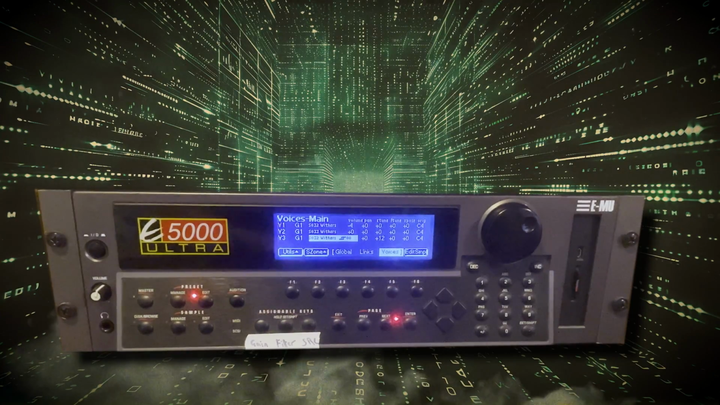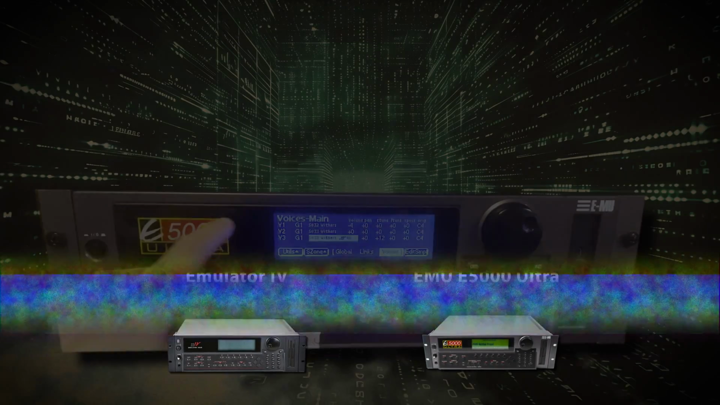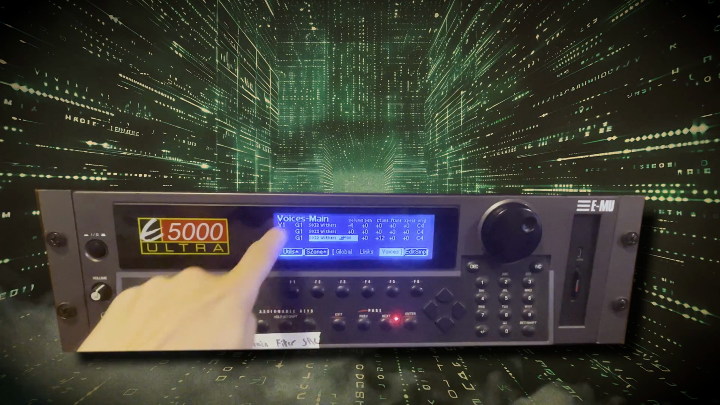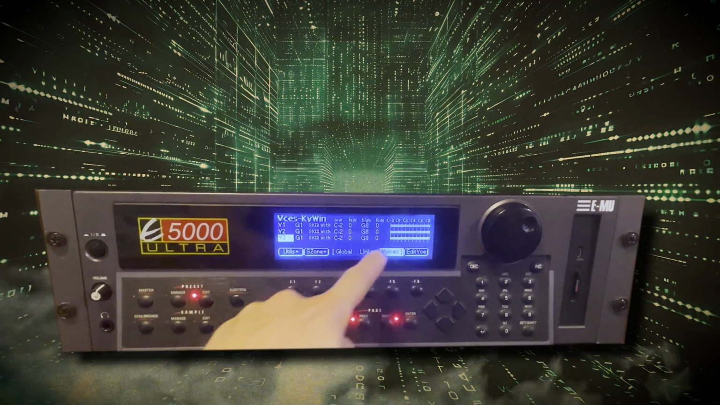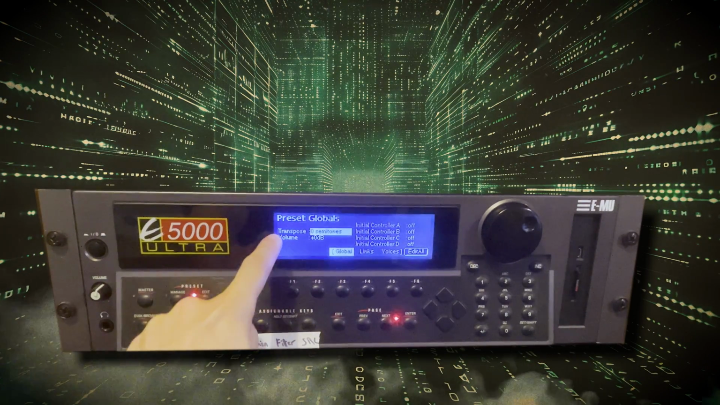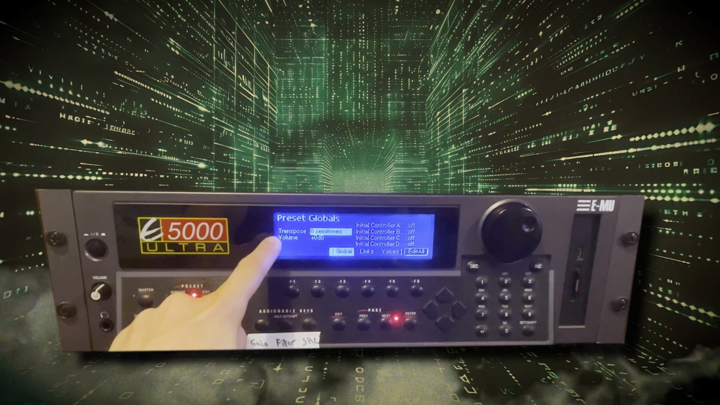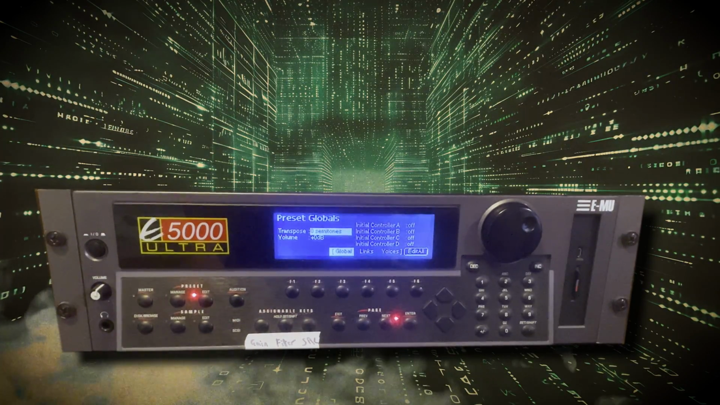So I first noticed this functionality on my EMU 5000 Ultra, which is a hardware sampler from the 90s. And what I have here is quite a basic preset I've set up with 3 different layers all stacked on top of each other, spread up and down the keyboard. And what we actually have in the global settings here is the option to transpose this preset, and this works just as you would think, where if I play this preset now,